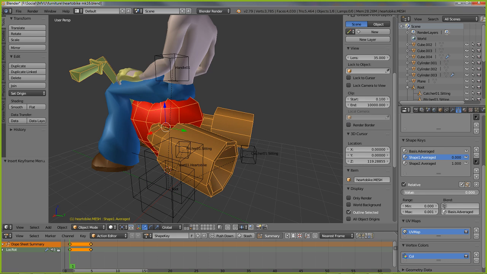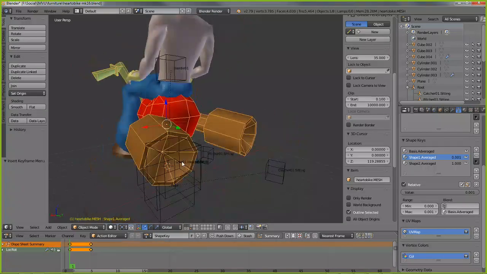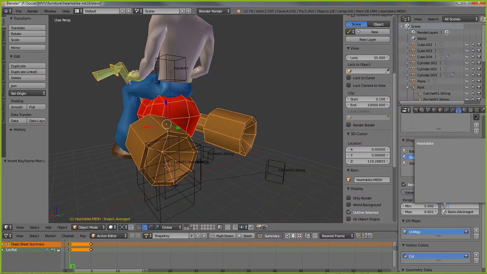Unless the keyframes, no, that doesn't make any sense. Because you can't